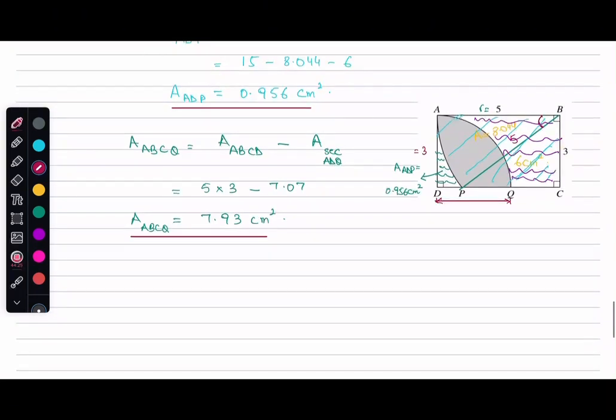Therefore, to get the shaded area, I can say that the required shaded area is going to be area of the rectangle ABCD, minus area of the unshaded region ADP, minus area of the unshaded region A, B, C, and Q. So substituting all the values, area of the rectangle is 5 times 3, which is 15, minus ADP, which is 0.956, minus area of ABCQ, which is 7.93. I will be getting my answer